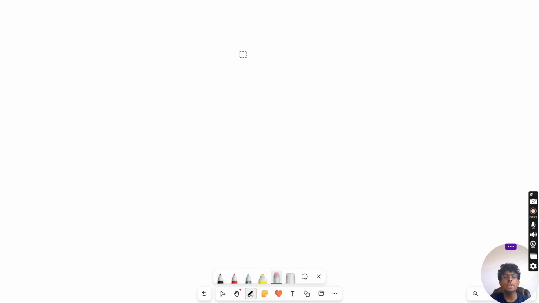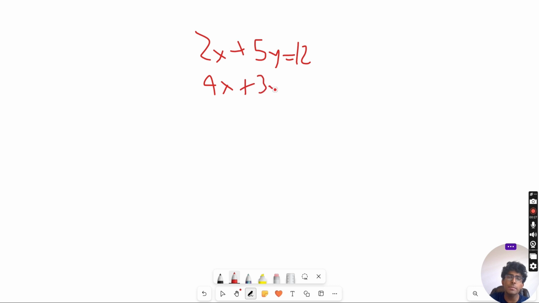Alright, so let's try doing an elimination problem now. So what are we going to do for elimination? Basically, for elimination, we're trying to eliminate one variable, so that way we're solving for just one variable and we can plug it back in to get the other variable. So let's say we have 2x plus 5y, and we're going to get that equal to, let's go with 12. And then we have 4x plus 3y, and we're going to get that equal to